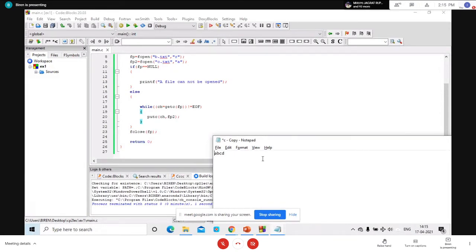Let's say if you want to read A, then after reading A, your cursor will be in the next position. Otherwise, you cannot read B. Similarly, after writing D, if you want to write something, let's say E, then your cursor will be in the next position. So this is the mechanism that putc and getc, both functions, follow. Am I clear?